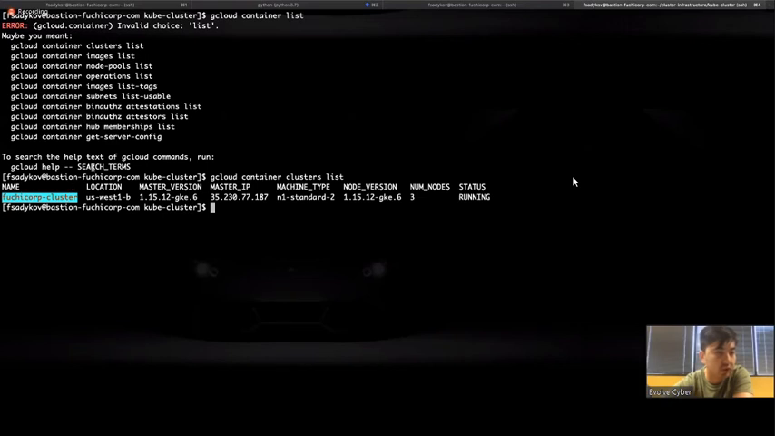Run gcloud container clusters list, and then you should see one cluster there, the FutureCore cluster. So what happened? Terraform created a cluster. Yes, it is created. Now, what we have to do,